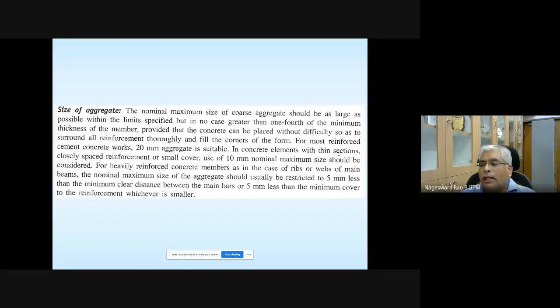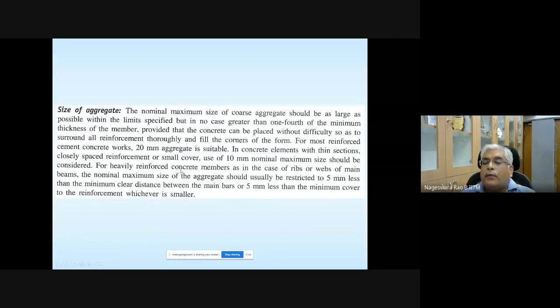A certain amount of concrete is below the rebar, and that is what is called cover. And concrete should occupy that space as well. So it is saying in concrete elements with thin section, closely placed reinforcement or small cover, use of 10 mm nominal maximum size should be considered.